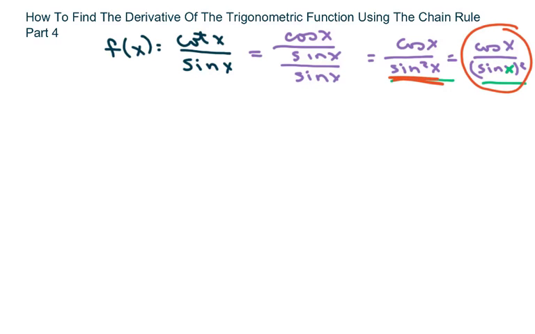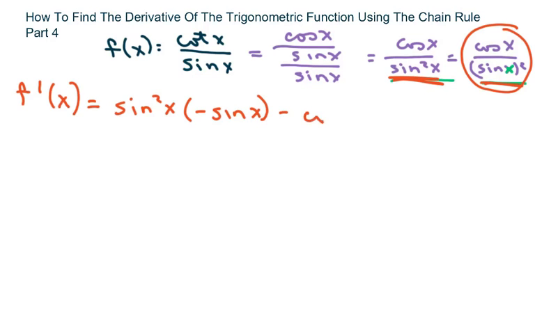Alright, so we can go ahead and take the derivative, and I'm going to use this quotient rule. Sometimes I might use this one, or I might use that one. Okay, so the derivative of x is, you take your denominator and write it down, so I'm going to write sine squared of x. Now I'm going to take the derivative of the numerator. The derivative of cosine of x is negative sine of x. Okay, minus your numerator